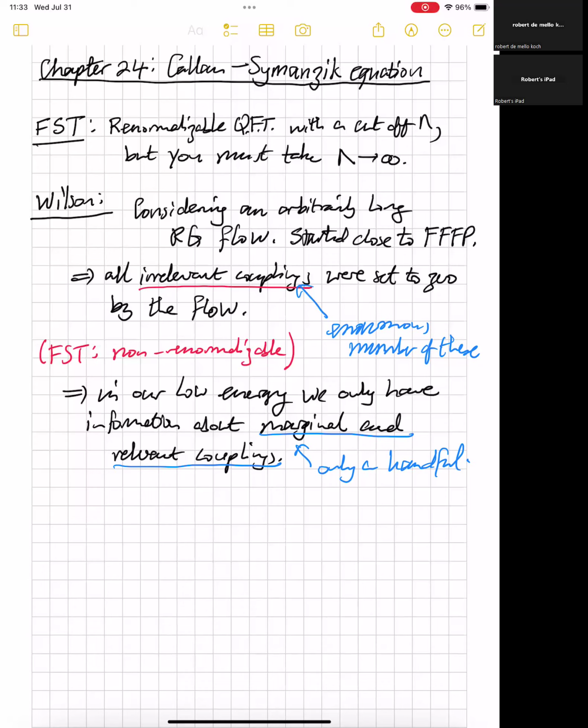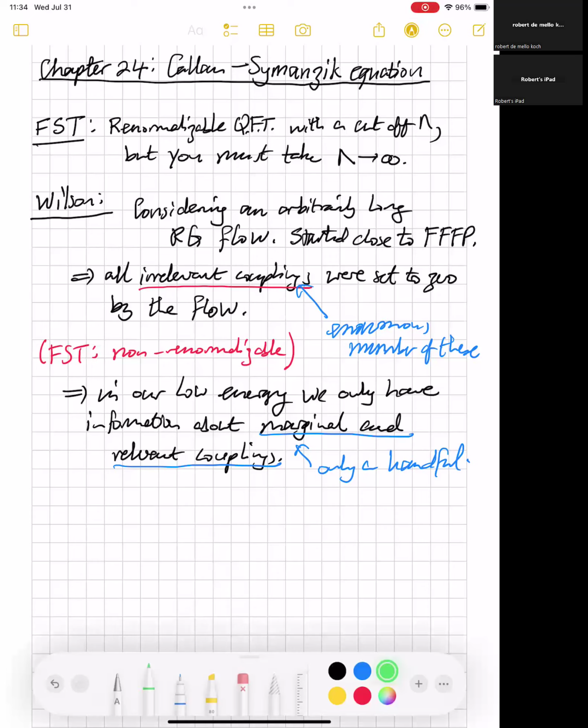Let me just make one final point, which is that there's the flip side of the coin again. When we say the irrelevant couplings have flowed to zero because they've gotten smaller and smaller and smaller, the flip side of that is we should say all relevant couplings have flowed to be massive. So you'd expect relevant couplings in the low energy theory to be very, very large. And that's not what we observe. Particle masses really are finite. So we need to do a significant amount of fine tuning.